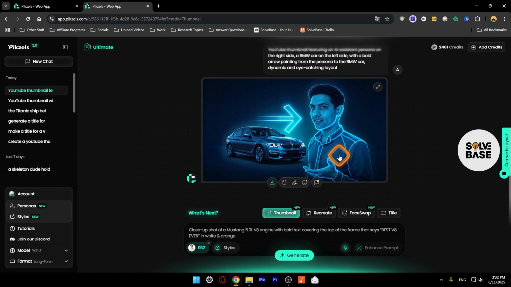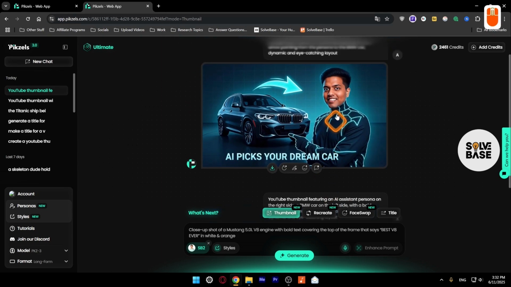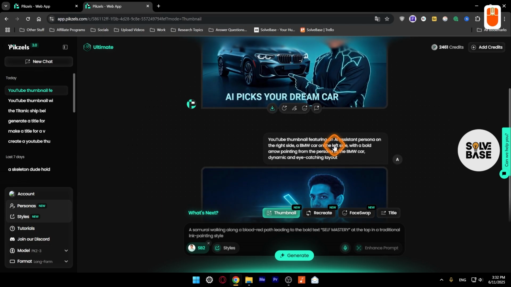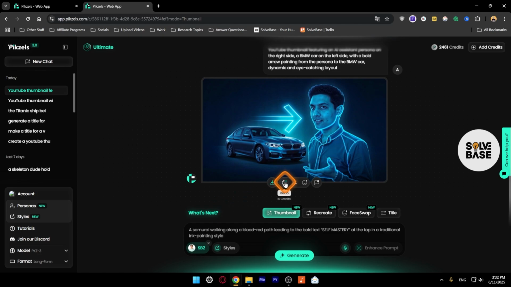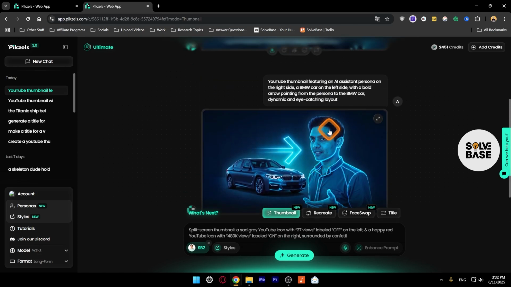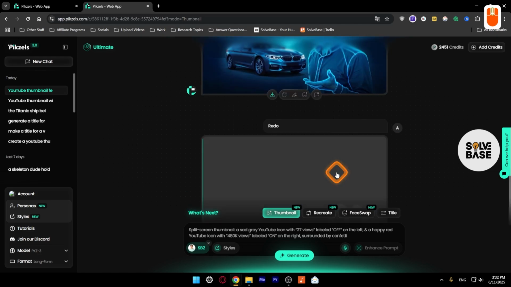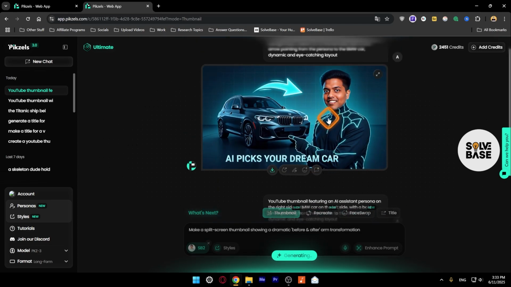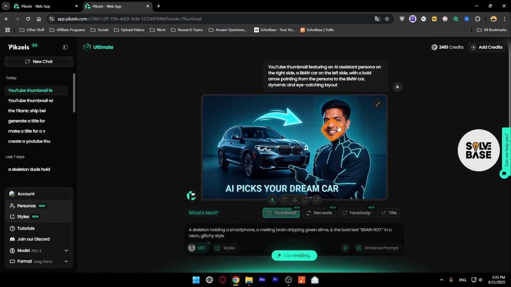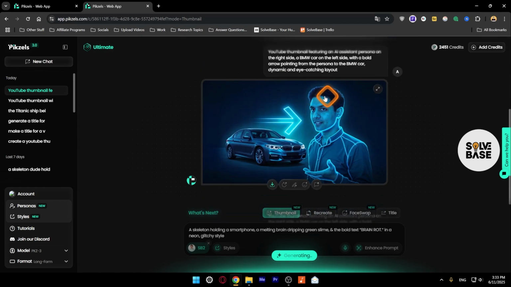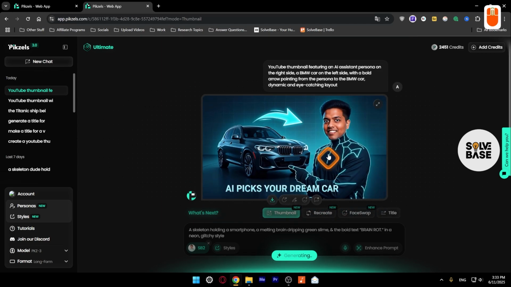And there you go. It has now created this, but based on this and this, you can see the difference. I'm going to try to redo it. Maybe it's going to make a more colored version, but you can see here comparing these two images that this one is more like my face and not this. This looks very different. And this is the power of training Pikzels AI personas